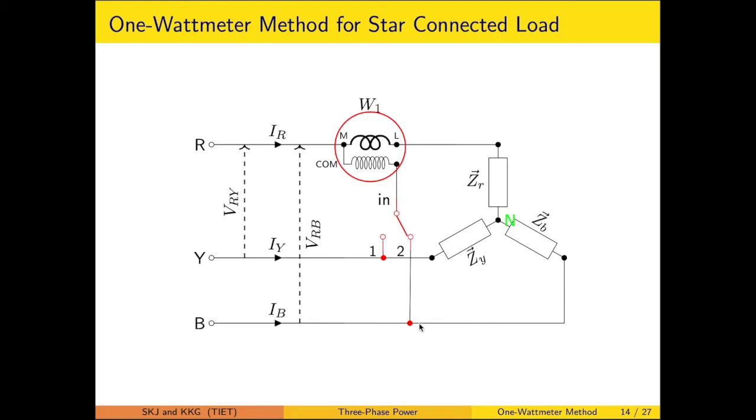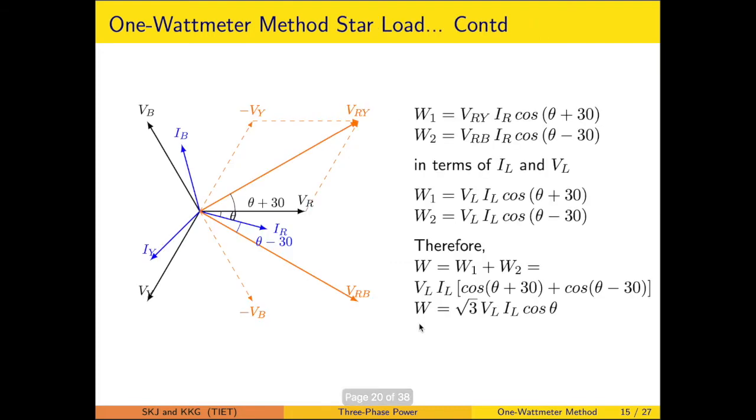Now the rest of the procedure is similar, so that is to be understood. We are measuring one common current IR and 2 voltage measurements. To mark VRY, we have to draw the negative voltage phasor of minus VYN, then apply the law of parallelogram. So the 2 voltages VRN and minus VYN are added to yield VRY.